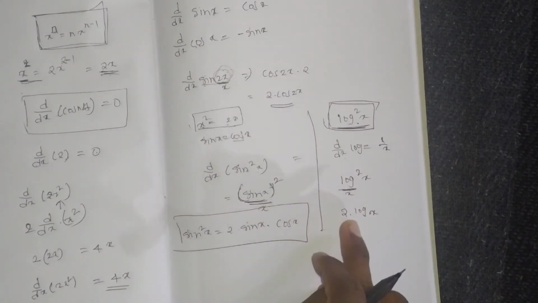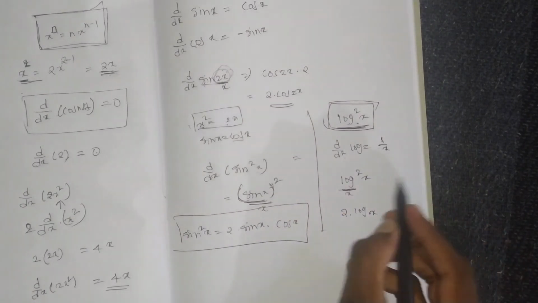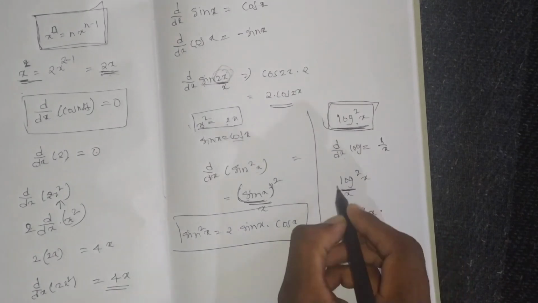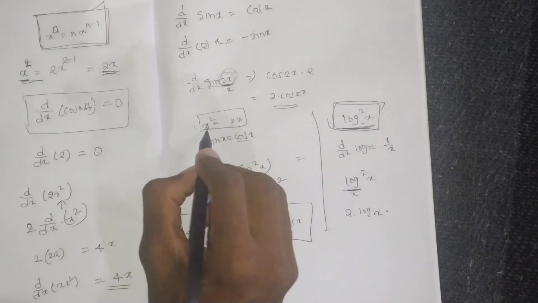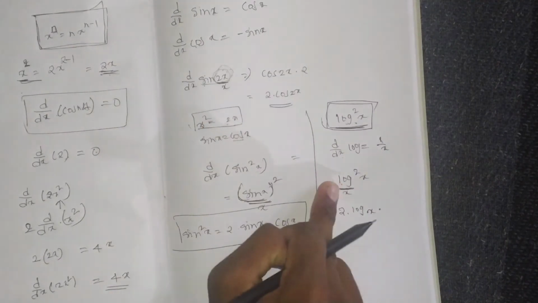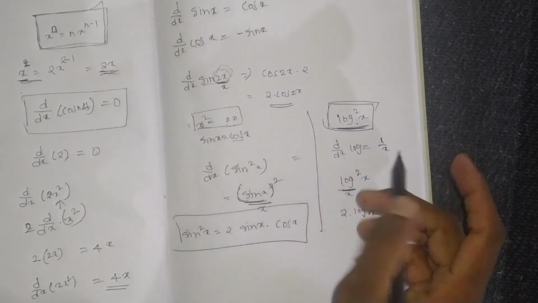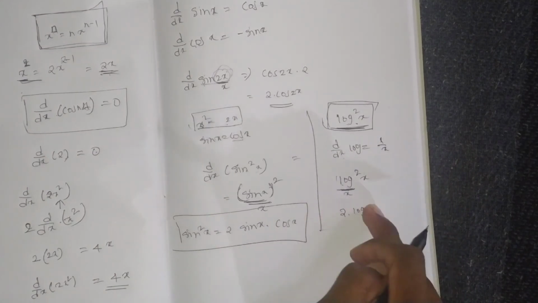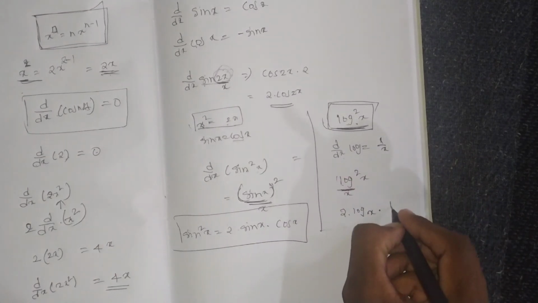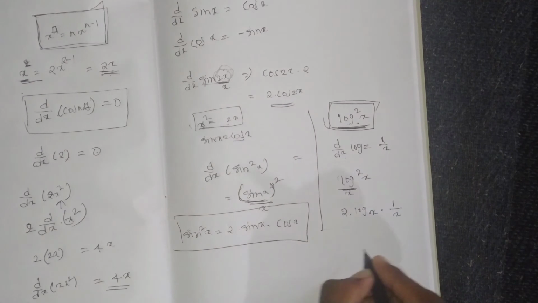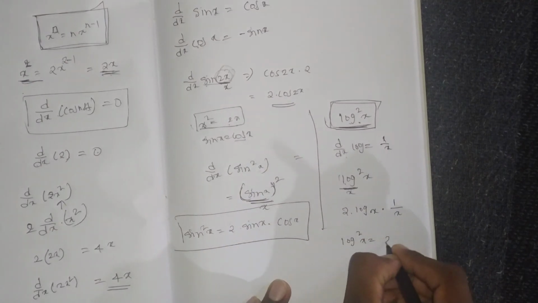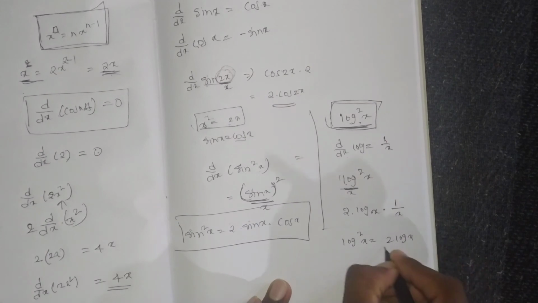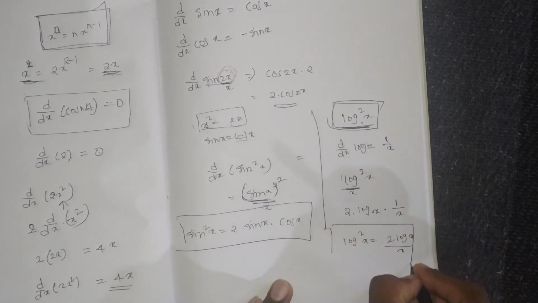The differentiation of log square is 2 log x, but I also have to do the log x differentiation. I just did the x square differentiation, taking log x in the place of x, but I have not done the log x differentiation. What is the differentiation of log x? It is 1 by x, so I am taking 1 by x. So the differentiation of log square x is 2 log x by x. This is the differentiation of log square x.